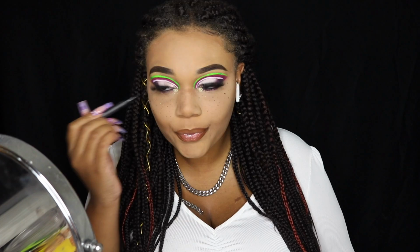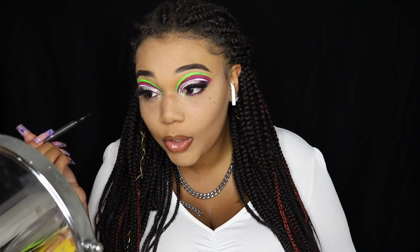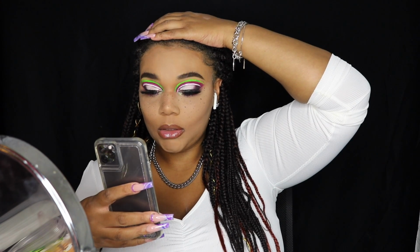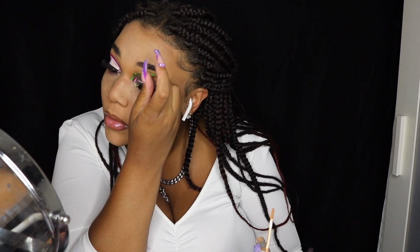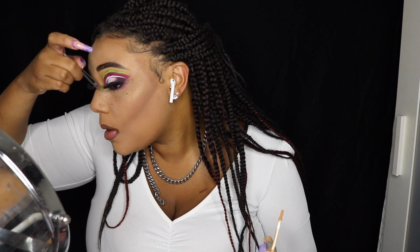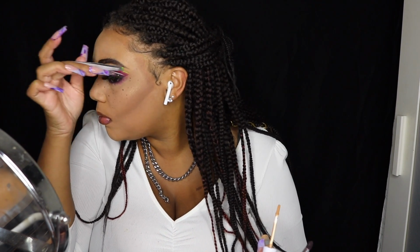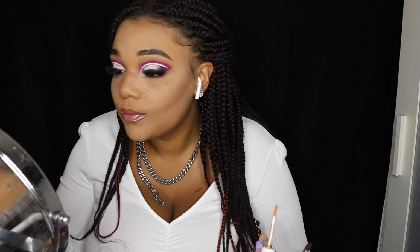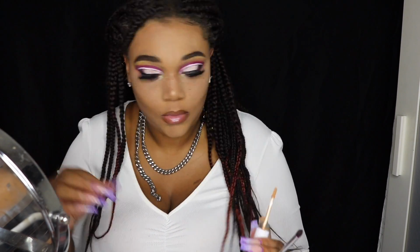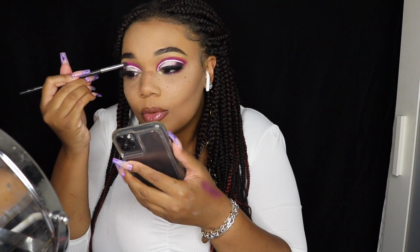So after adding more of these speckles and trying different things, I debated for a little bit, and then I decided, you know what? I gotta take this green off. So I took the green off. Now, the type of eyeliner this is, it was able to just peel off, thank God, because I didn't want to have to use makeup remover or anything like that. So I literally just took my tweezers and it peeled right off. No, it didn't hurt or anything. And then I just rubbed off any excess, cleaned it up with some concealer, and blended out that purple a